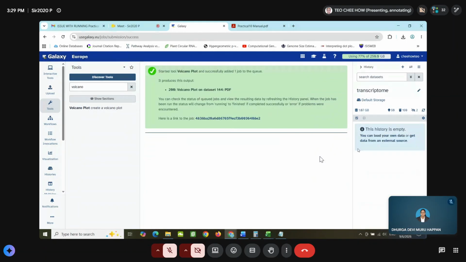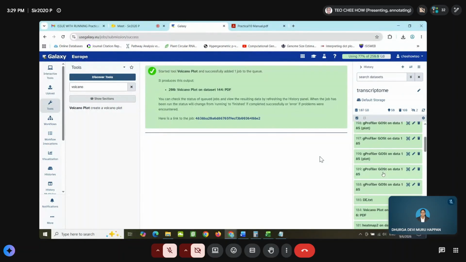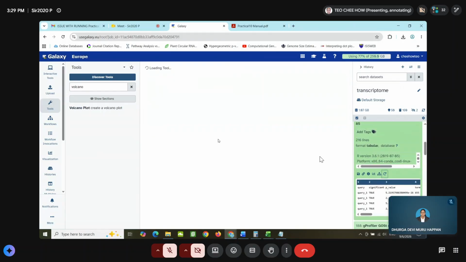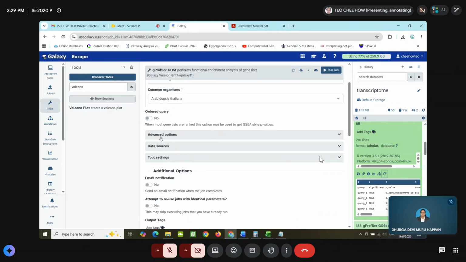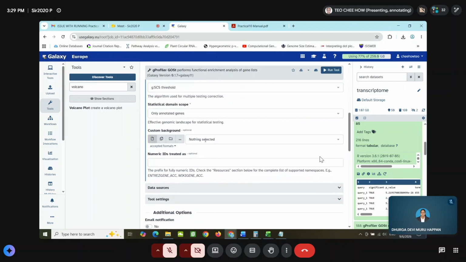So back to this one. Now the background is here, and we can try to run again to see whether we can include the background file.